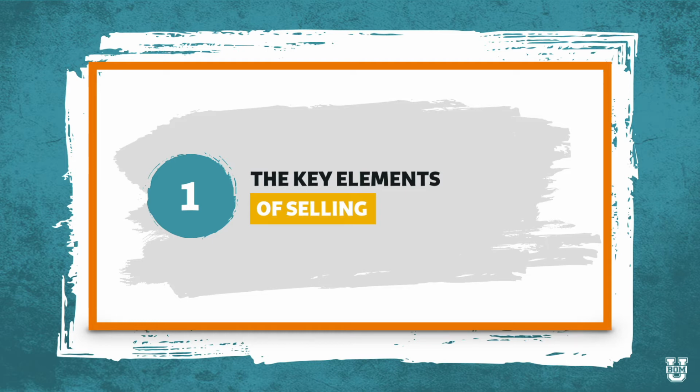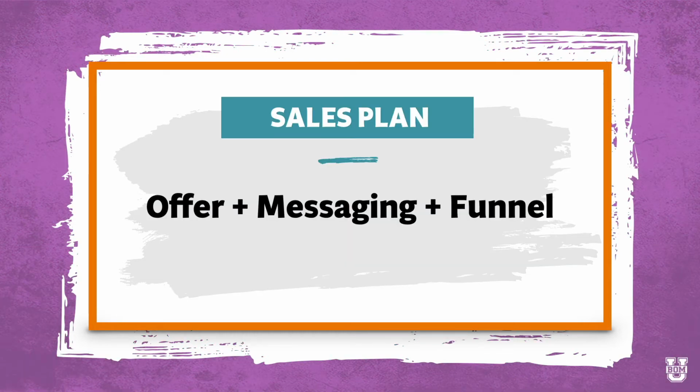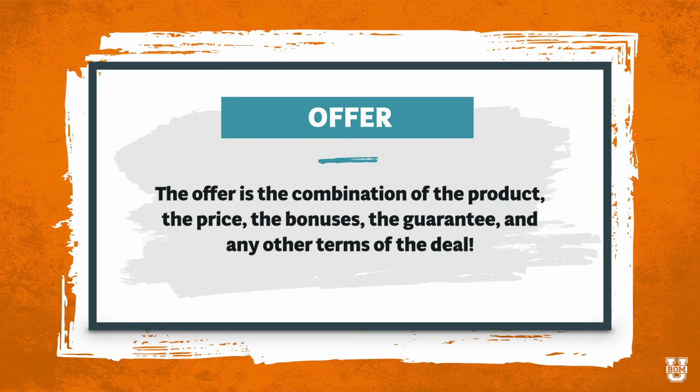Basically, there are 3 parts to a sales plan: your offer, your messaging, and your funnel. That's it. You've got to have a killer offer, you've got to have good messaging, and you have to have the right funnel. And when you have those 3 pieces working together, you will have the system you want to actually convert followers into buyers. So we're going to dive into each one of these a little bit more. And just so you know, in the next lessons, we're going to go through offer, messaging, and funnels in more detail. But to give you a quick overview, the offer is the combination of the product, the price,